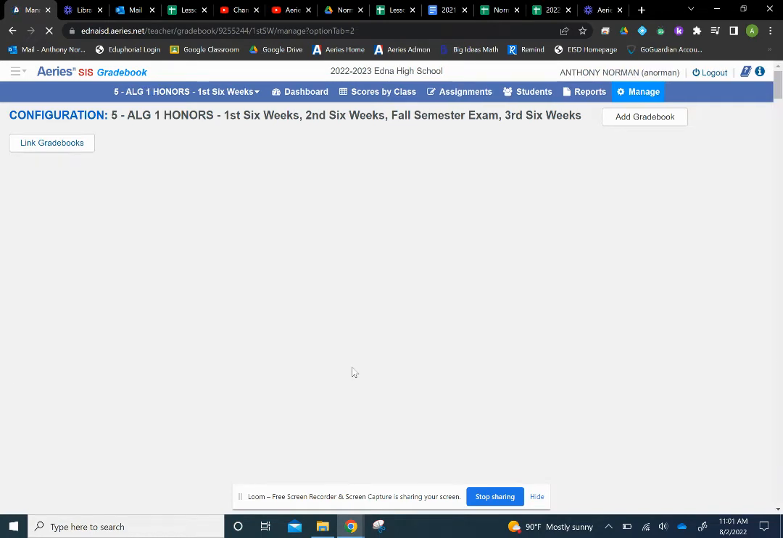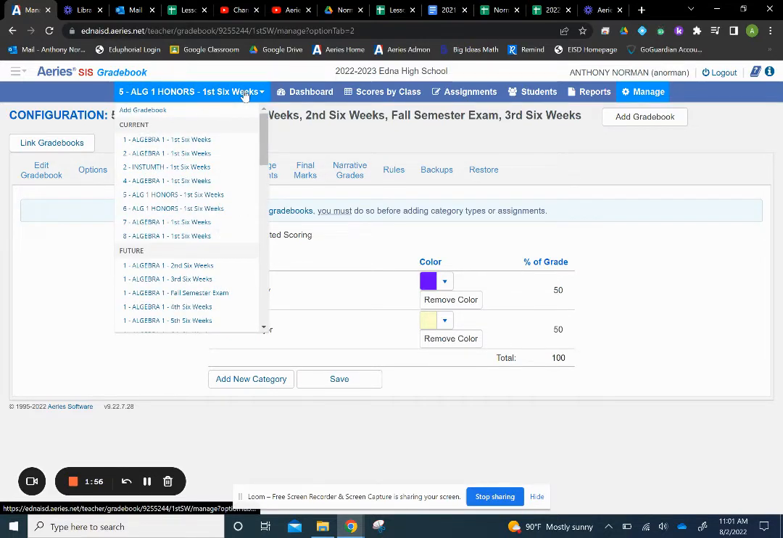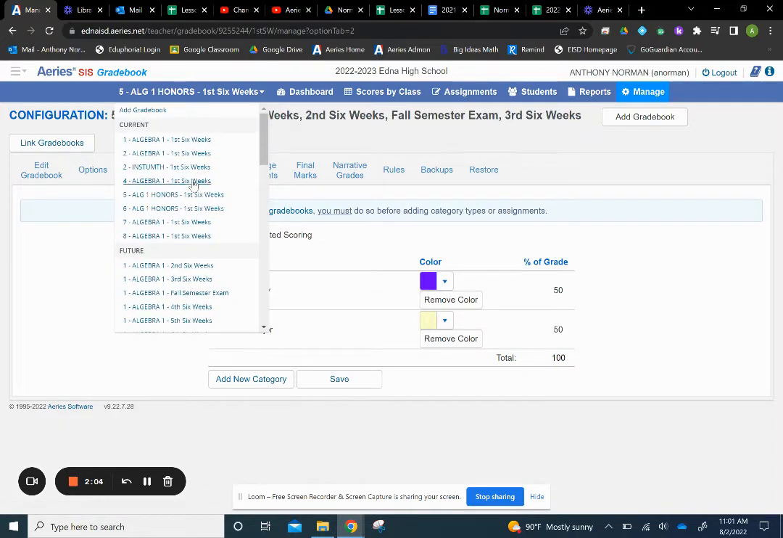So this is really important. This warning up here says you have to link gradebooks before you make categories or assignments. So I'm going to go to this, it's currently an honors class. So if you click this arrow, you can switch between classes. You can go to the future, and then later in the year, you can scroll way to the bottom and go to the past. So this is